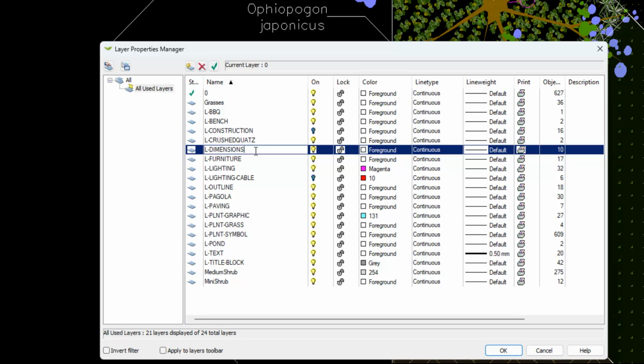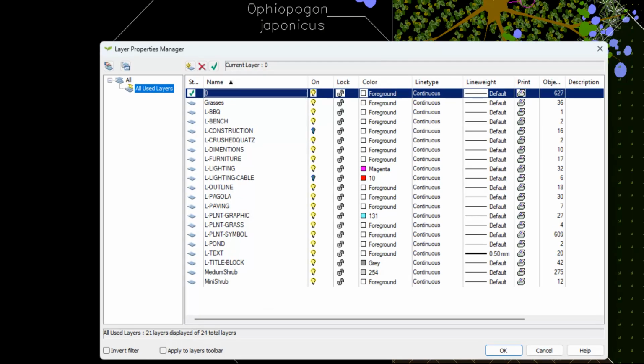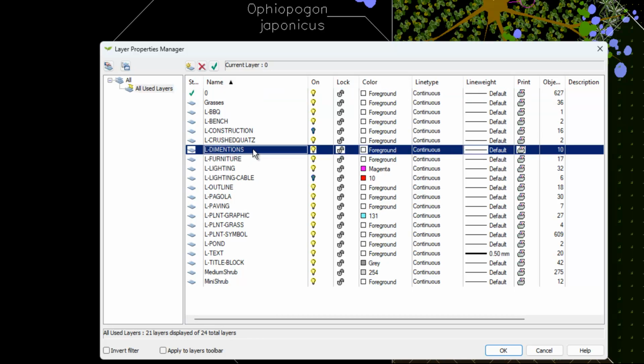The error has now been fixed, but if I simply click OK and we come back there, let's do it again, notice the spelling error hasn't been corrected. So dimensions,